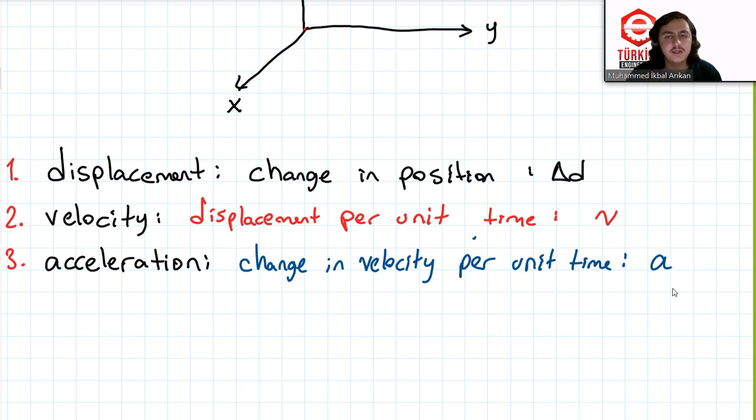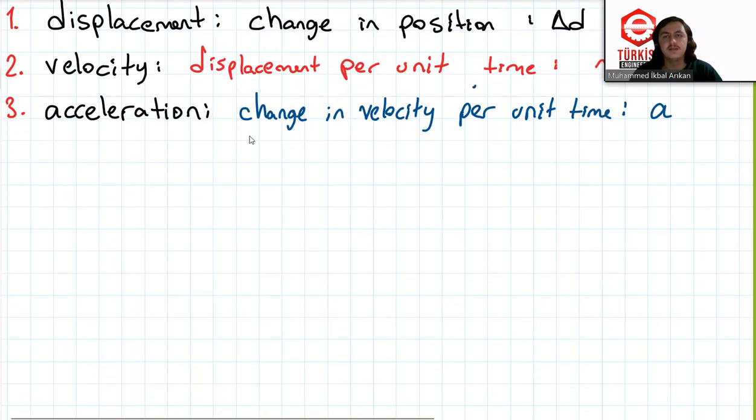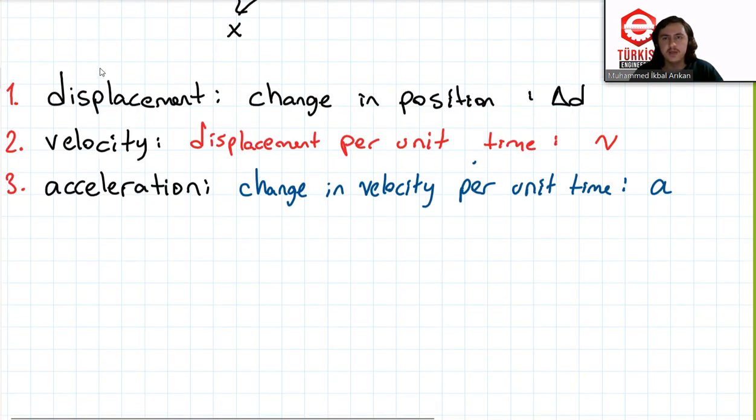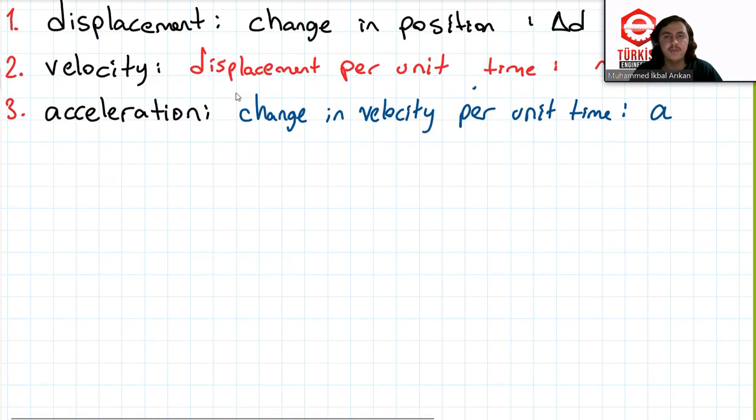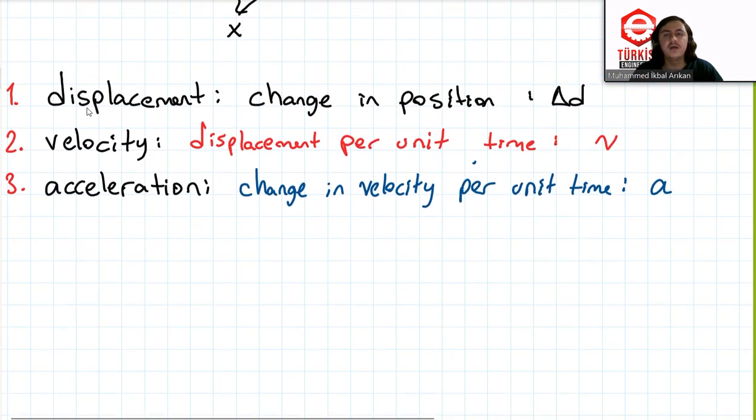So we have three basic things in studying motion. So let's start. Let's put some relations between them. Displacement can be calculated by velocity. Velocity can be calculated by acceleration, but acceleration cannot be calculated from these things. Actually, acceleration will come from